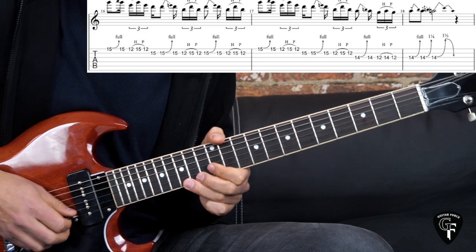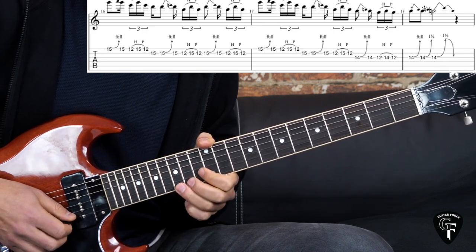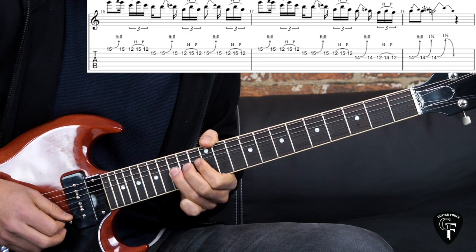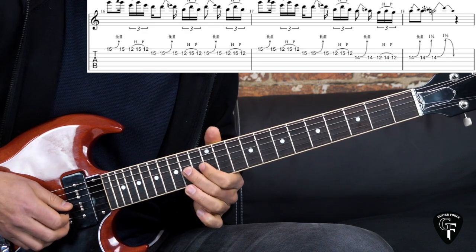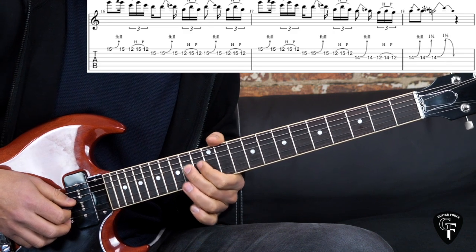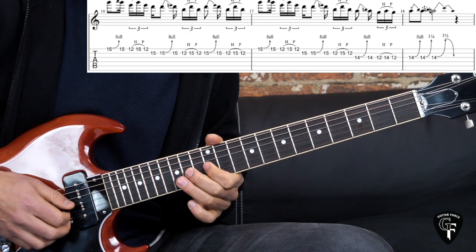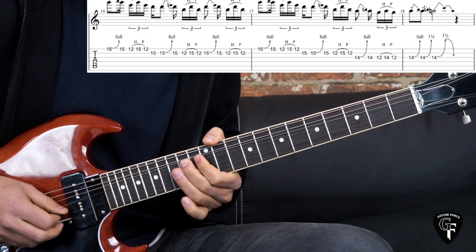Then we kind of repeat the same thing in the next bar. So we have, and then this time we have on the G string, bend up, 14th fret, bring it down, then hammer on, pull off, and then we end this with the